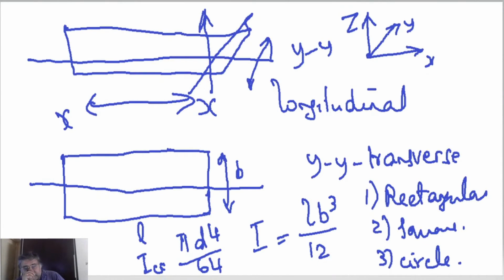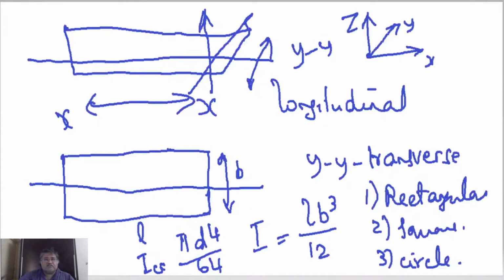If you don't get this longitudinal and transverse, I'll give you an assignment which will tell you what this is. The direction of longitudinal and transverse should be clear first. Like you asked, you should be clear about which is the direction of transverse and which is the direction of longitudinal. Then you should know which of those axes the moment of inertia is taken about. It can be taken about the longitudinal axis, which is the XX. That is the easiest way to remember.